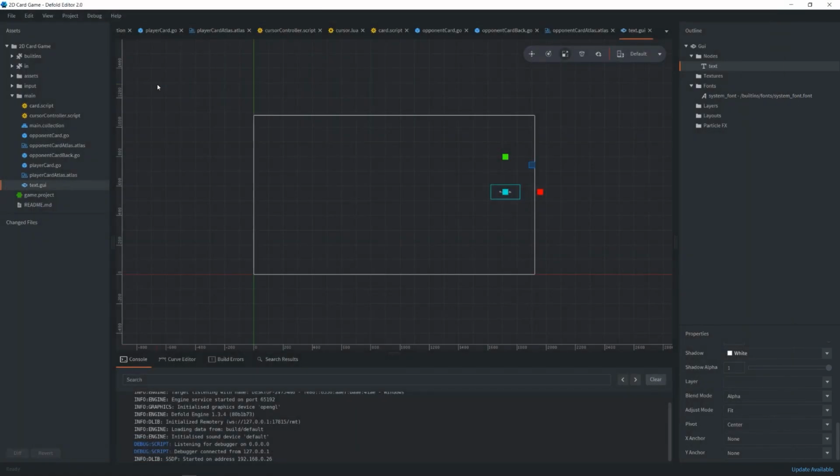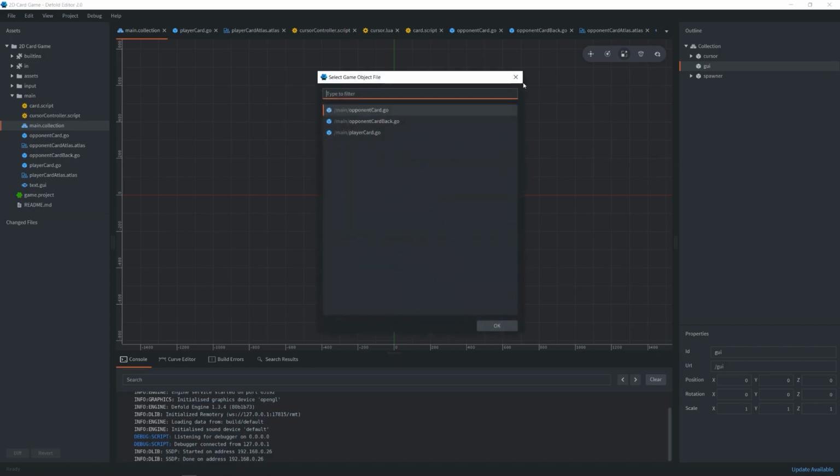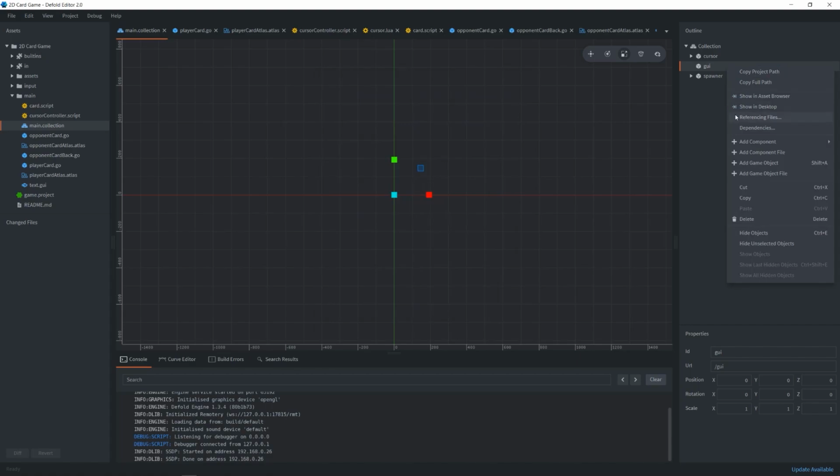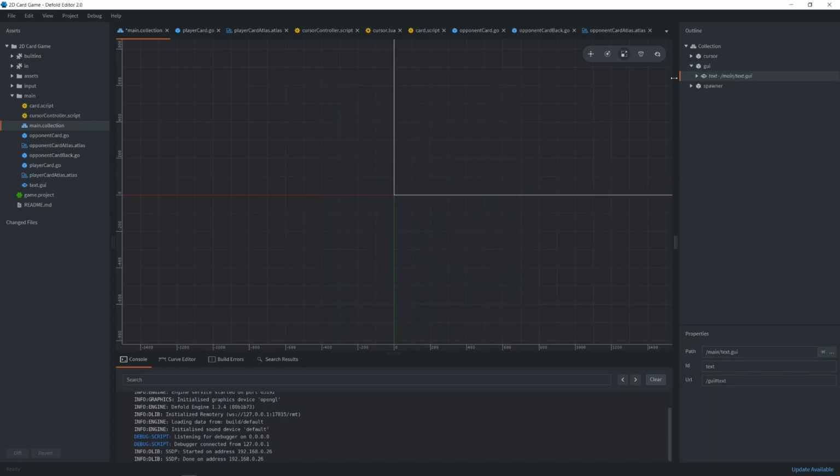Oh, I didn't actually put it in the main collection, so it won't do anything for us. So that's one component that we need here. So if I go back to my main collection, and under the GUI, I add the game object file. Oops, no. Component file, text GUI,